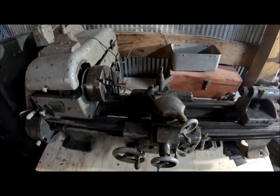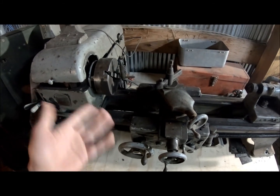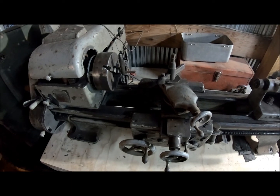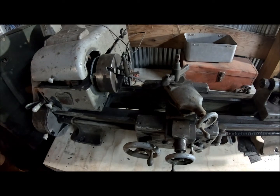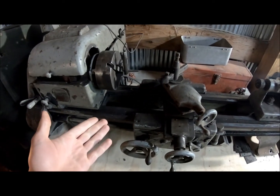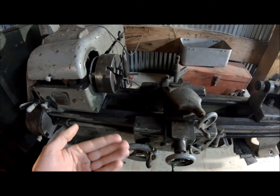Introducing a little bit more tooling to my little shop. I'll probably have a cleanup video on this one day, probably not soon, probably this spring, hopefully, when it's raining out and I can't do too much other stuff. So if you watch my other videos, you've probably seen me use my Logan 940-2, which is an 11-inch